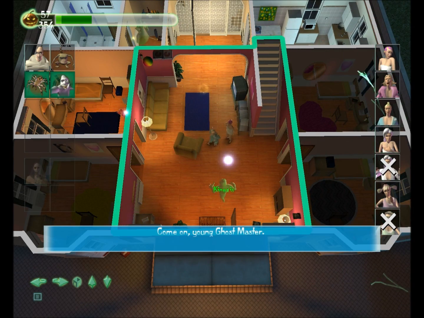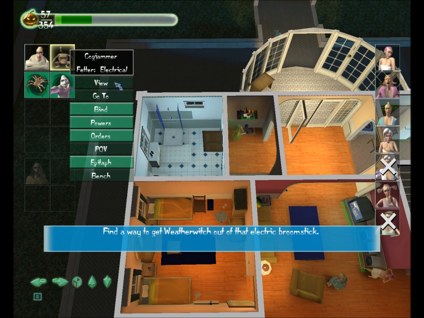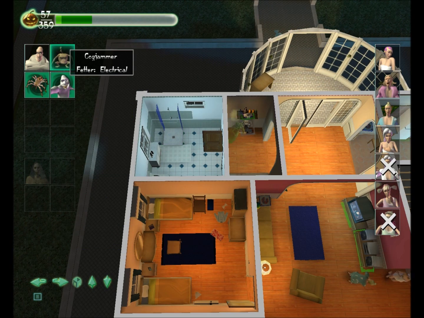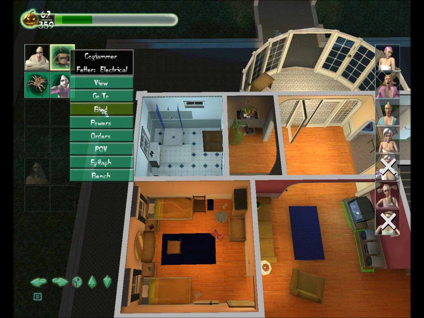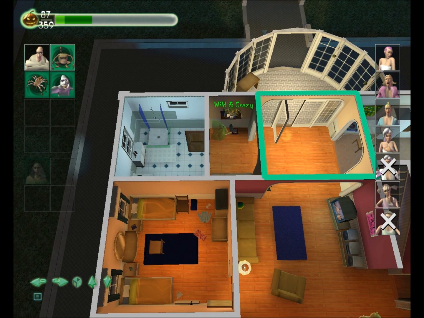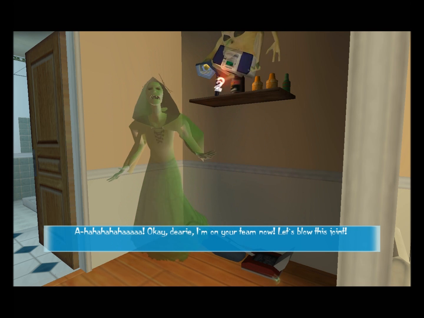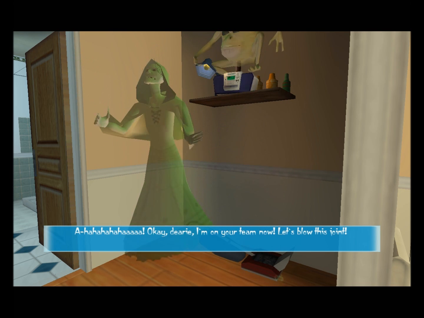Come on, young ghost master. Find a way to get Weather Witch out of that electric broomstick. Silence, woman. I know exactly what to do. Okay, dearie. I'm on your